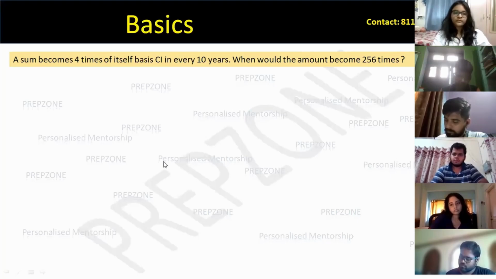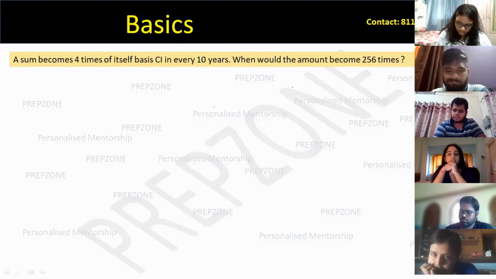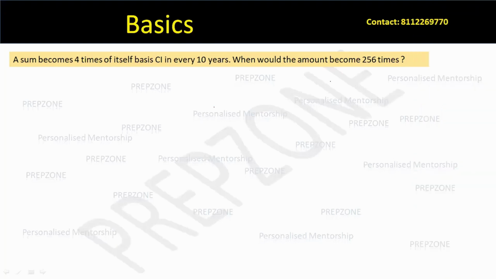So before moving, let us just do this very simple question. Simple question है, amount multiply हो रहा है 4 से in every 10 years. So when would the amount become 256 times, right? Simply you can always assume any principal amount. Say amount is 100. ठीक है, इसको तुमको 256 times करना है, which means you have to make it as